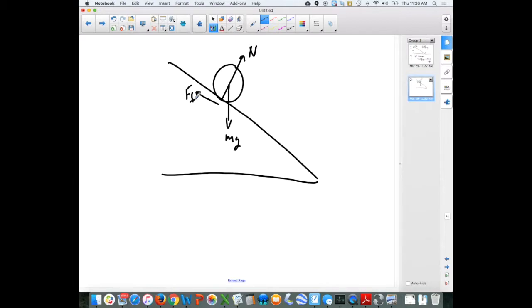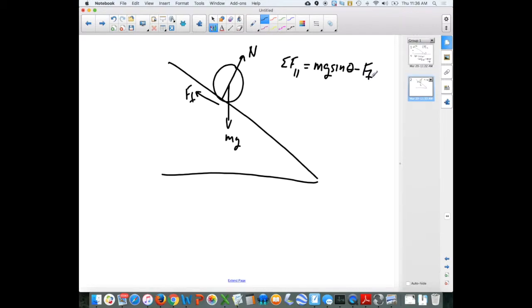So now that I have my forces, I can write two equations. I can write the sum of the forces parallel to the incline: mg sine theta minus force of friction,